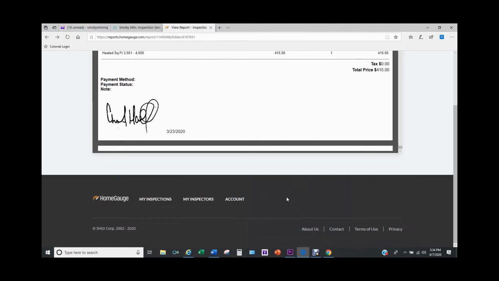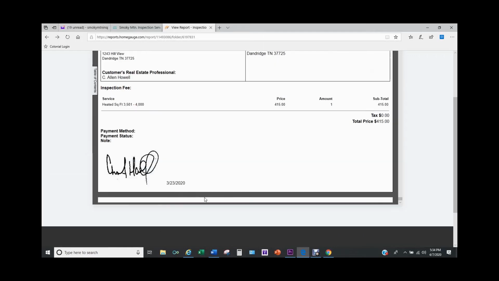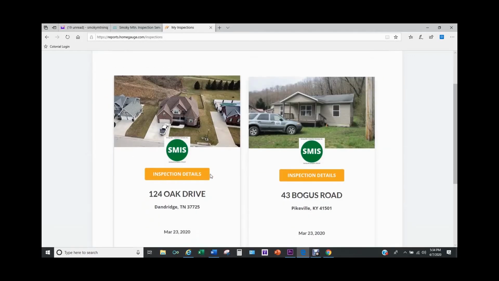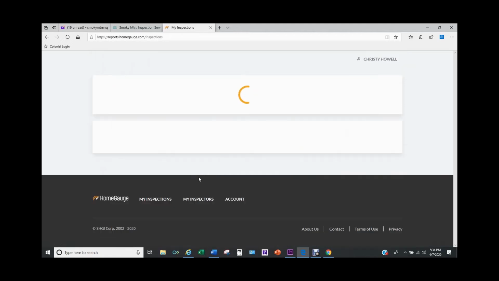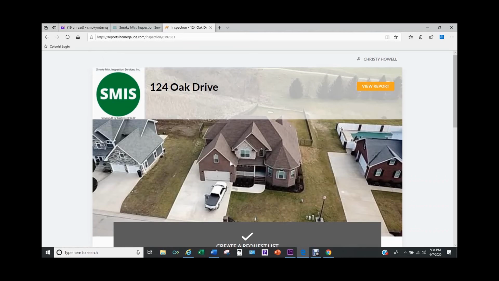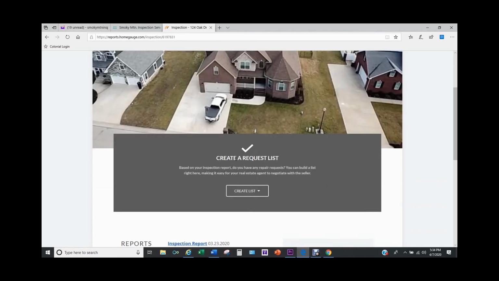Once you have reviewed your report and called me with any questions, and you feel confident to fill out your repair list to give to your real estate agent, all you have to do next is come back to My Inspections, go back into inspection details on the report that you want to fill out the repair list for. Come down here and hit Create List,